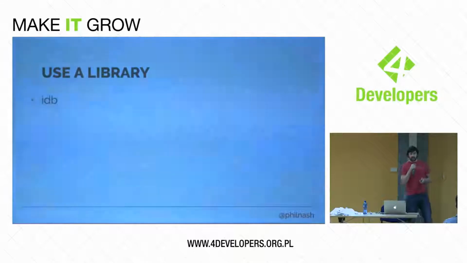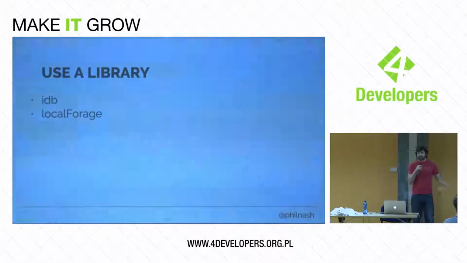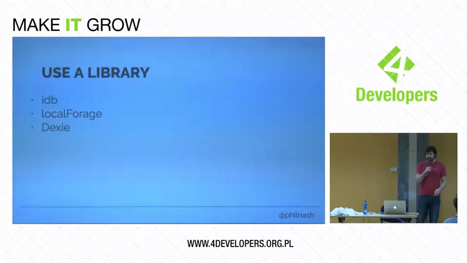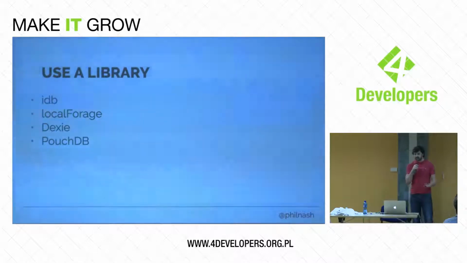However, IDB is a library written by Jake Archibald, which wraps up the IndexedDB API in a promisified manner. So we can use promises. And it's actually a little bit more sane than the old IndexedDB callback system. We also have localForage, which is a key value kind of store. It's a replacement for local storage. Dexie, which is a bit more fully featured for an object store. And PouchDB, which is pretty much an implementation of CouchDB in the browser, all the way up to the ability for you to sync back to a remote CouchDB instance, which is kind of cool.